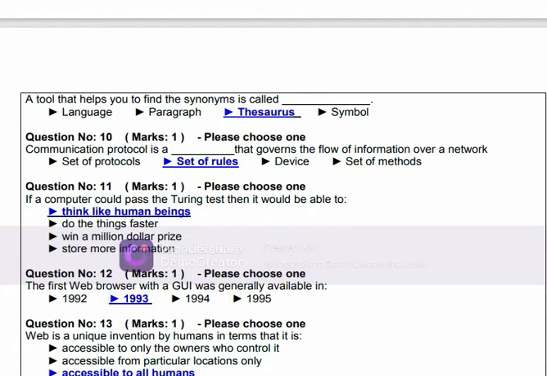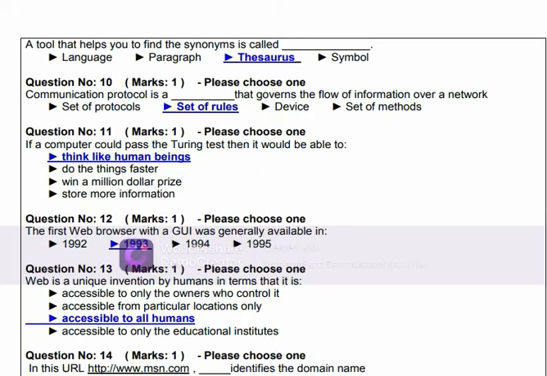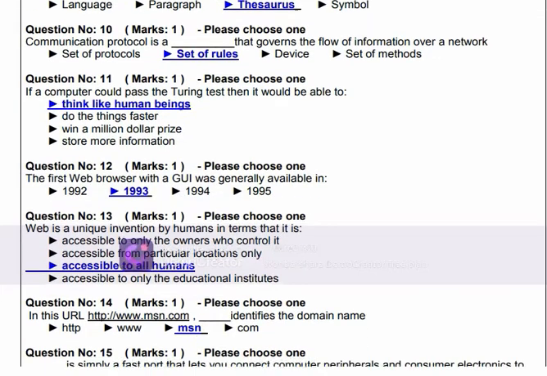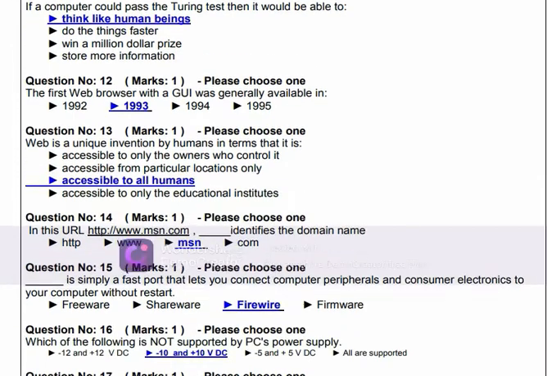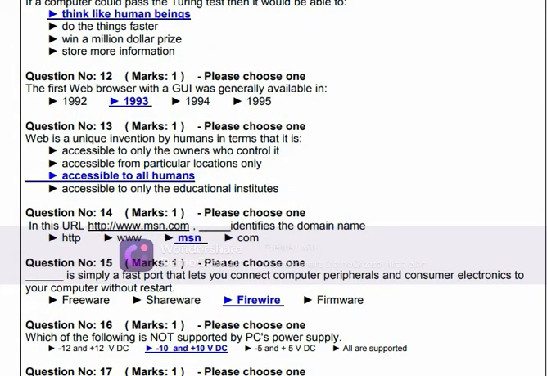If a computer could pass the Turing test, then it would be able to think like human beings. The first web browser with a GUI was generally available in 1993. Web is a unique invention by humans in terms that it is accessible to all humans. In this URL, http